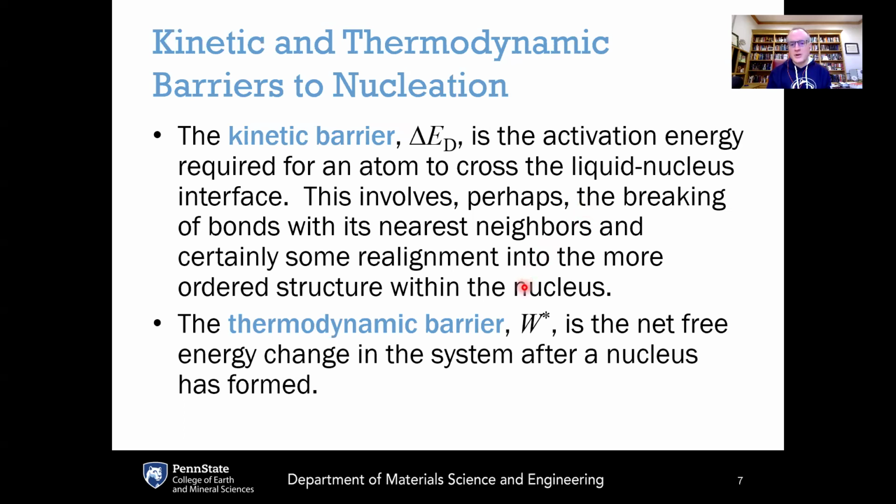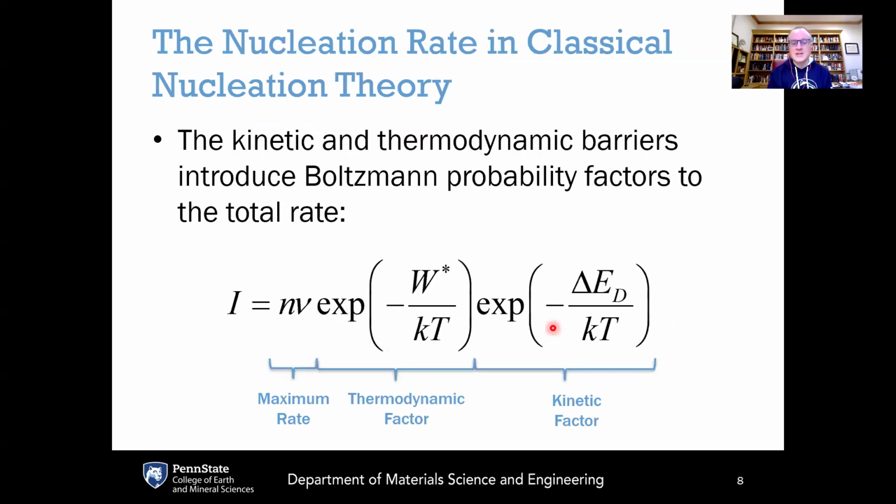The thermodynamic barrier is W star, and this is the net free energy change that results from the formation of a nucleus, specifically a critically sized nucleus, as we shall see. And if we account for both the thermodynamic barrier here, W star, and the kinetic barrier, delta E sub D, what this means is that every vibration is an attempt to form a nucleus, but in order to be successful, it has to be successful in overcoming both the thermodynamic barrier and the kinetic barrier. So we need to multiply